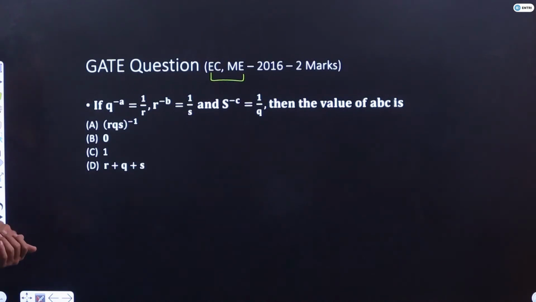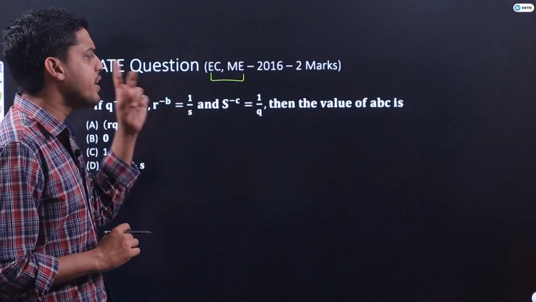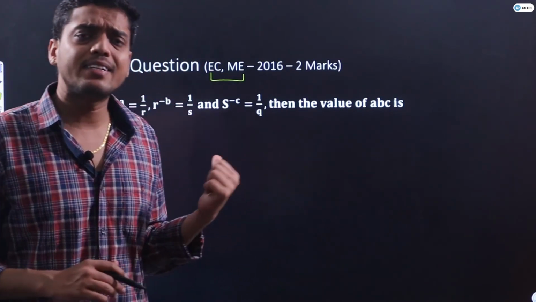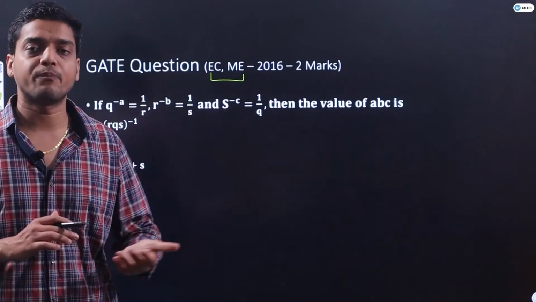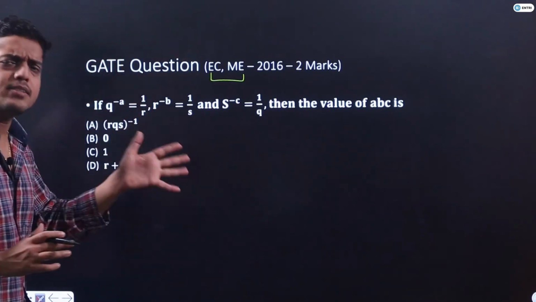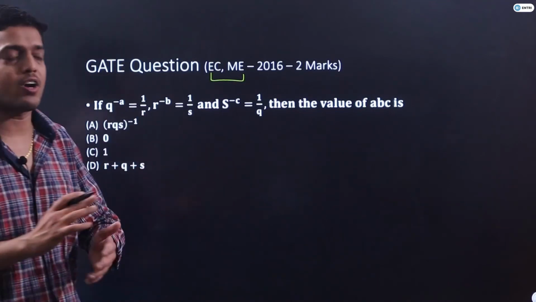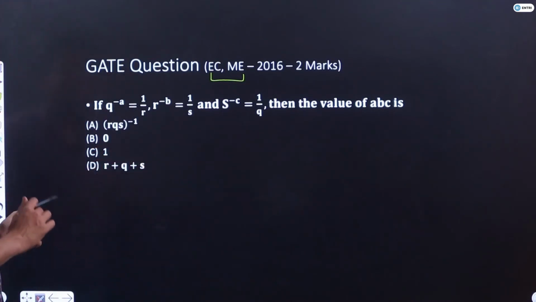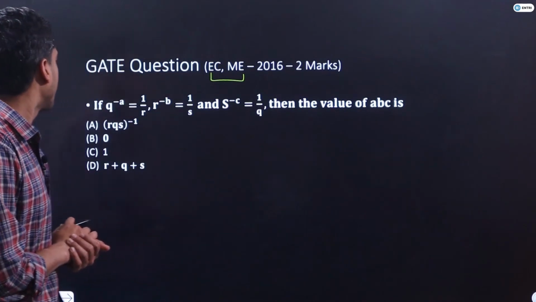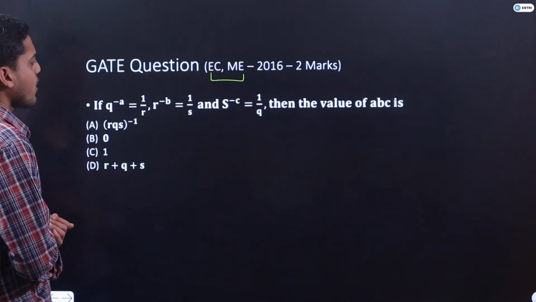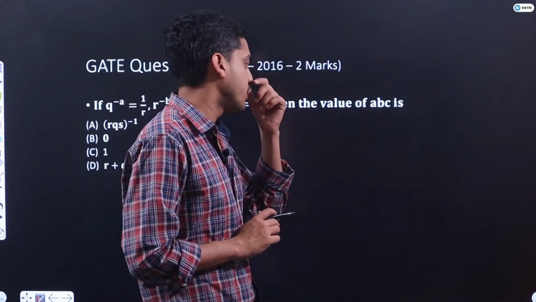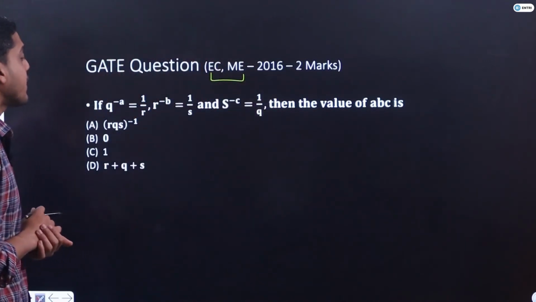So what we will do here, guys? Here we can do this question by 2 methods: one from surds and indices and the other from logarithm. We will discuss the logarithm topic as well, and in that topic we will have some amazing questions with amazing applications of logarithm. But let's try to solve this question with the laws of surds and indices only. Now you will say, sir, I have to find the value of abc. How can I do that?